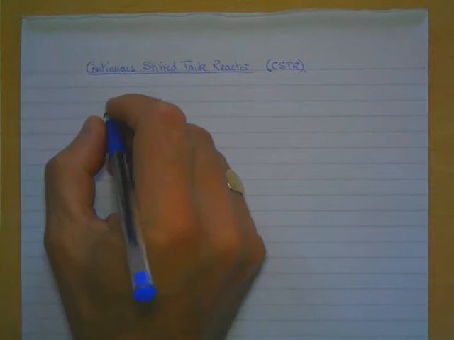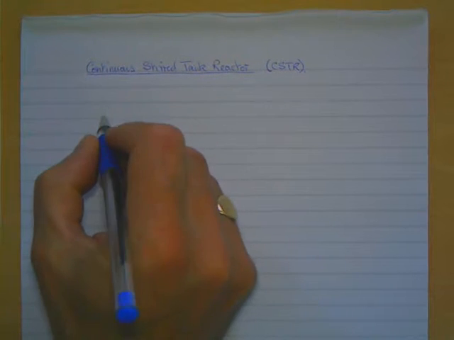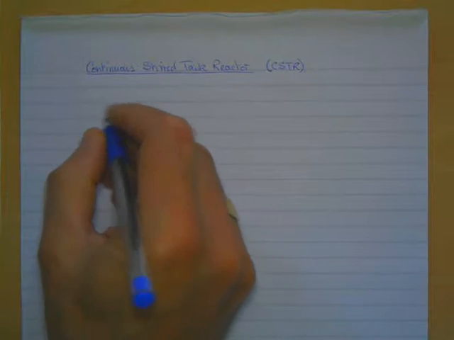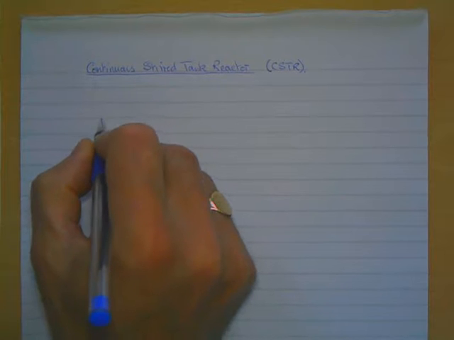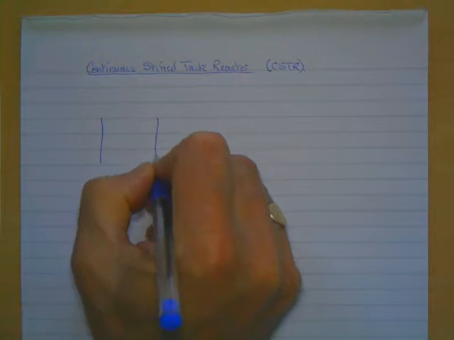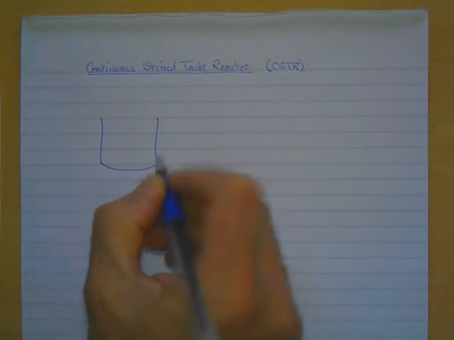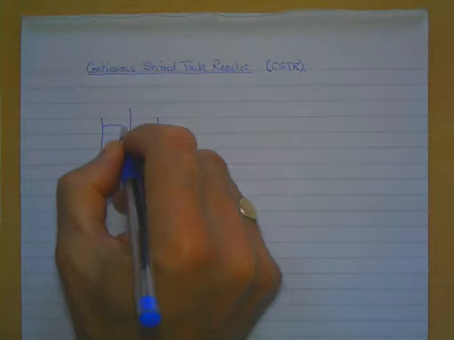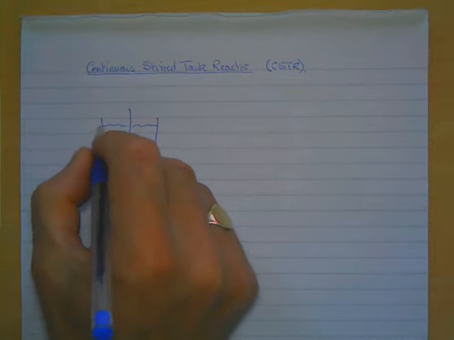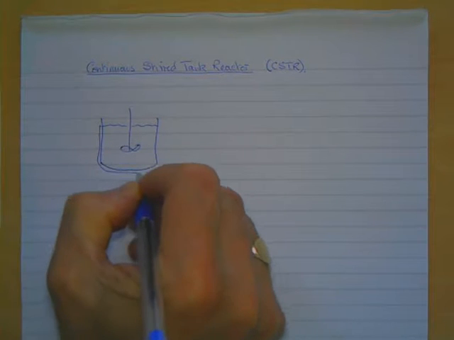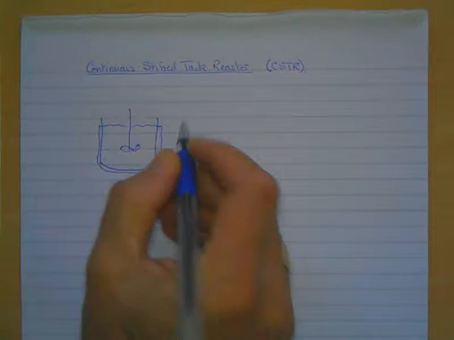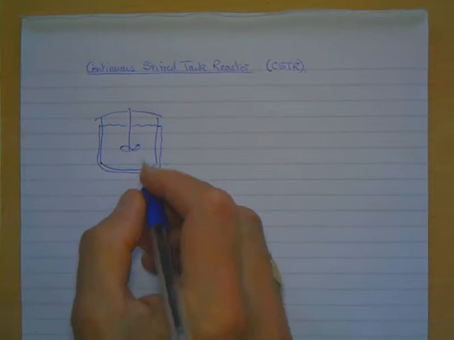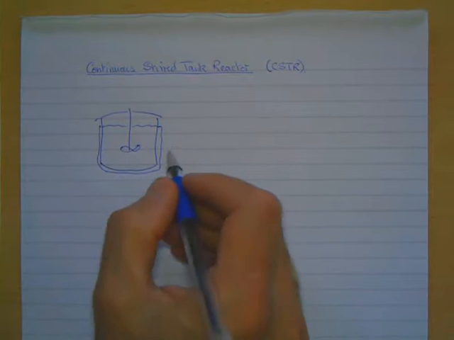So I'd like now to derive some equations to describe a continuous stirred tank reactor, or CSTR as it's frequently referred to. And as the name suggests, a CSTR is often a mechanically agitated or stirred vessel. Often it's jacketed to provide heat transfer, so schematically it looks a little bit like that,